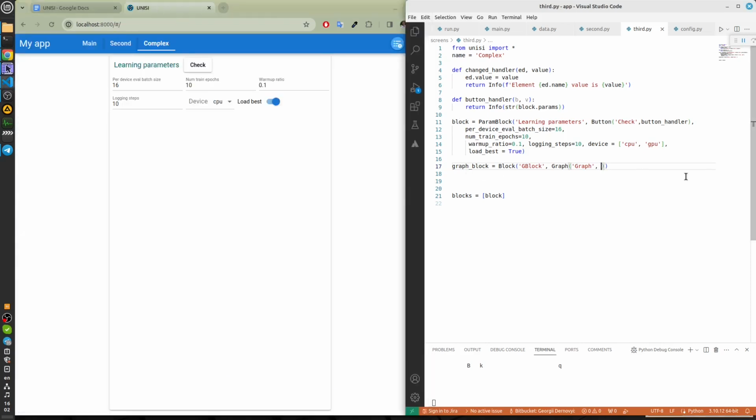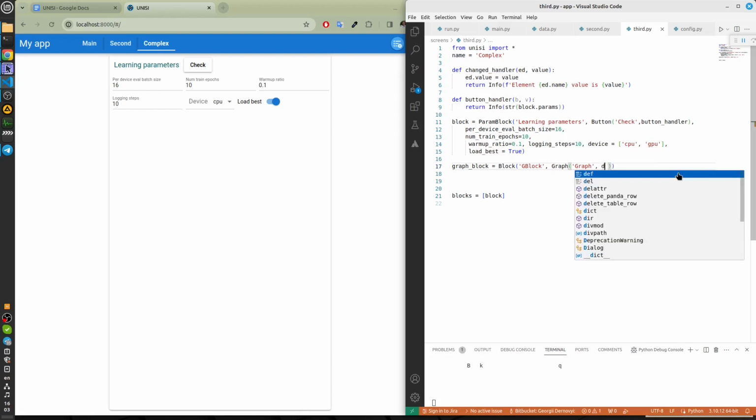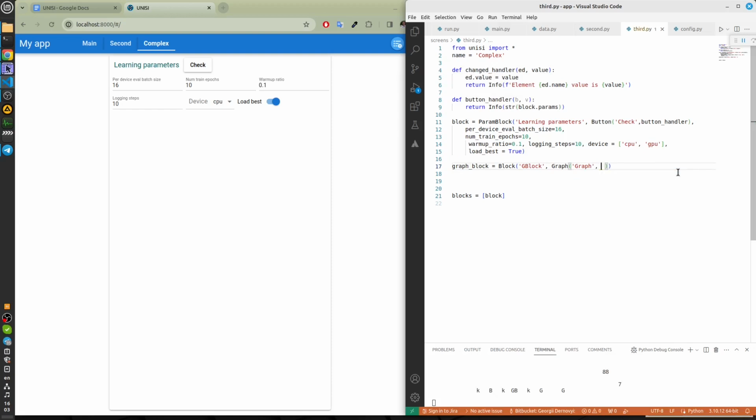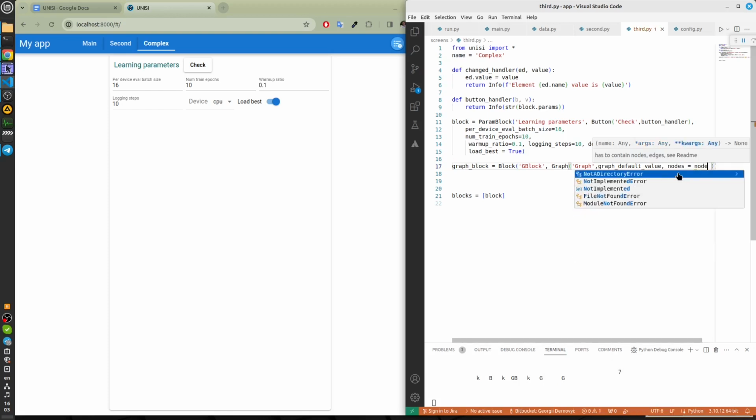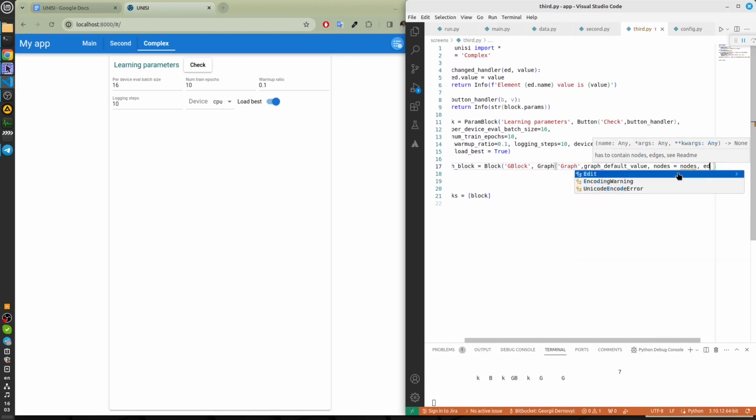Let's do it this way. We have a handler. The value should be graph default value, because value contains nodes and edges keys in the correct way, and assign nodes to the graph and edges.